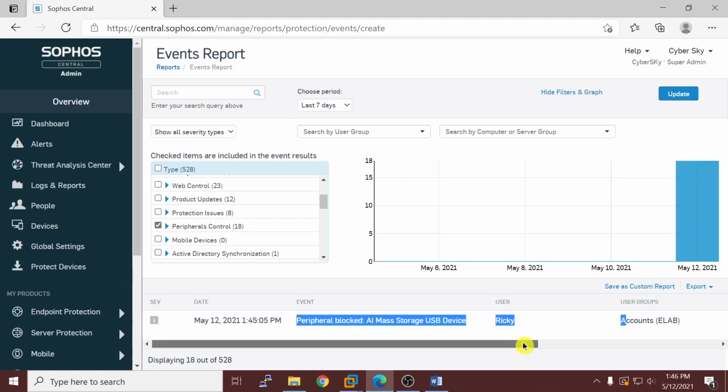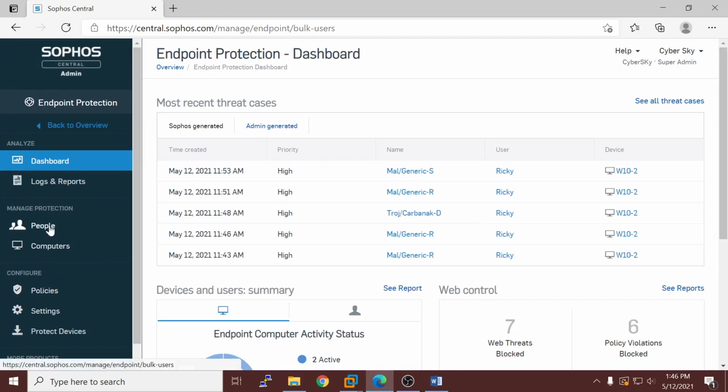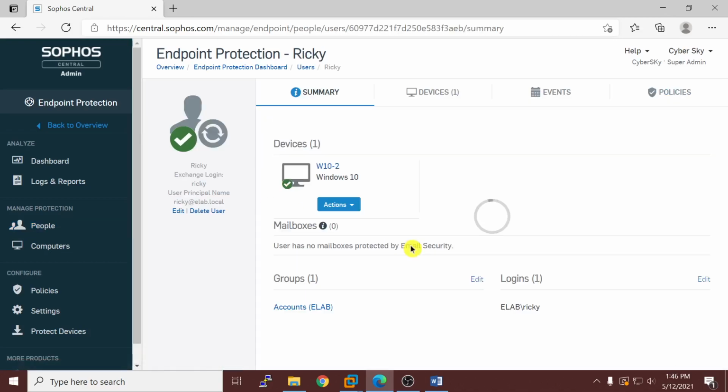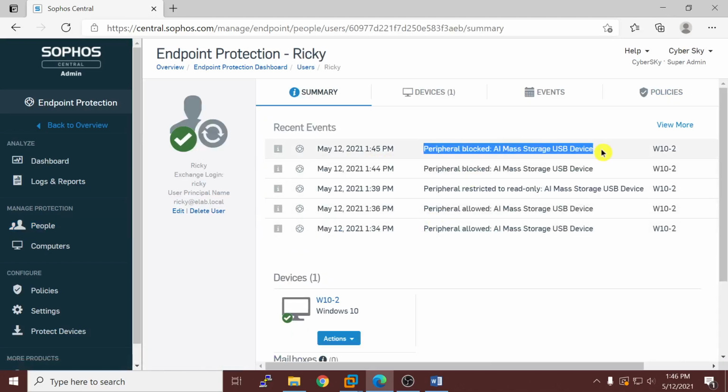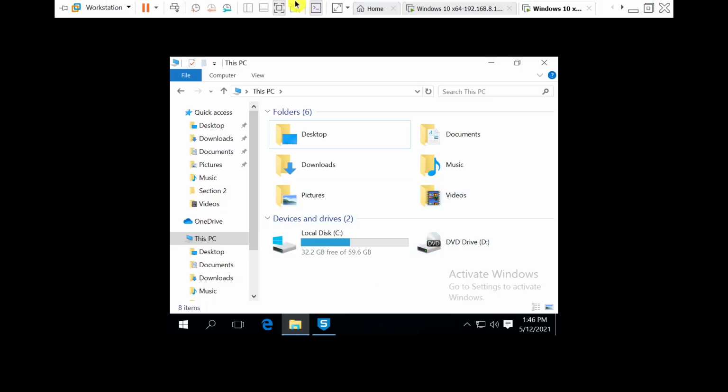Okay, with the time you can see peripheral is blocked. So if you come to the endpoint protection again, if you come to the people, you can see the same thing under this key, and peripheral is blocked. Okay, that is the control we have under this device control.